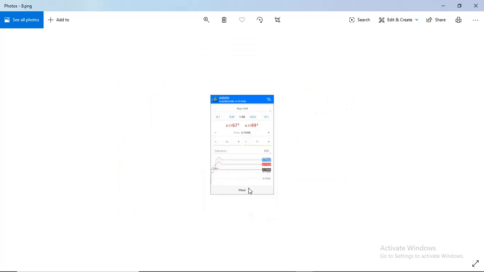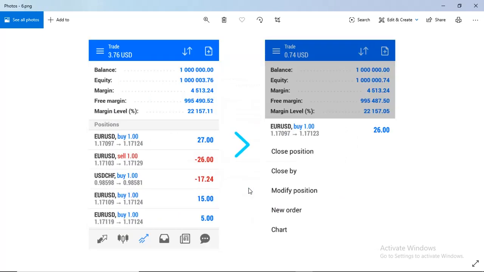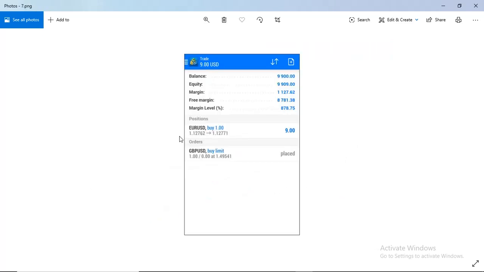Once you're in the market, this is what it looks like. This is an order that has not been triggered, it is placed. The one that is triggered gives you a position. And for all of these, once you're in the market,